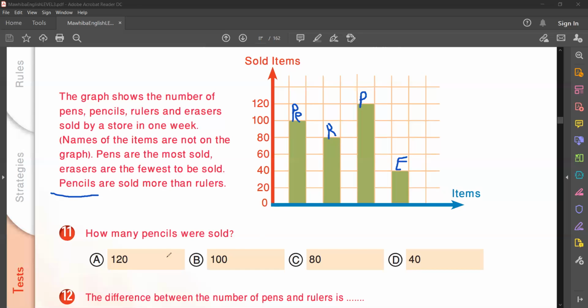Okay, now, how many pencils were sold? It is 100. So the answer is 100, right? Good. So, we will go to other questions also. Okay, now